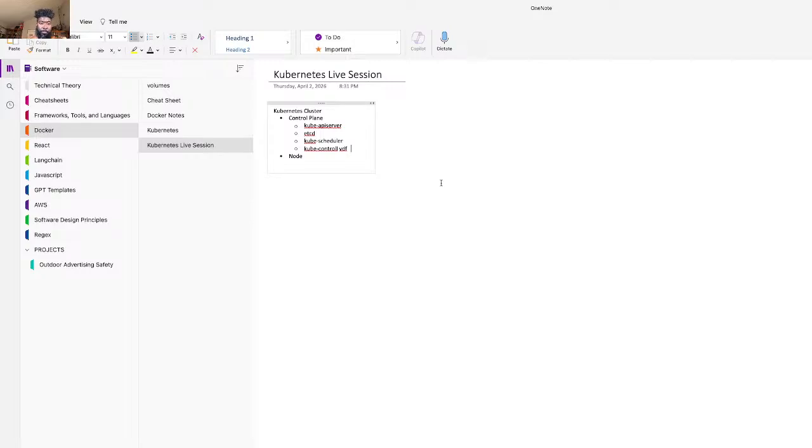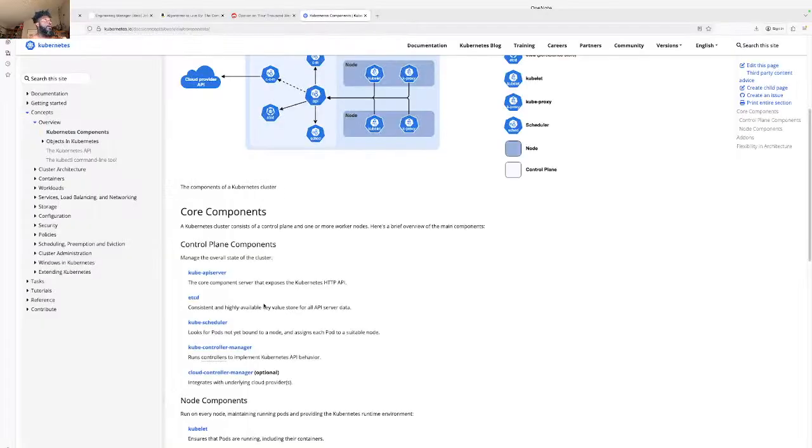Let's share the screen. All right, Kube APIs. Okay, so here's all the things too. Here's the cluster architecture. So the Cloud Controller Manager, the Kube API server, and Cloud Controller Manager goes this way. The controller manager, the scheduler, and the nodes.